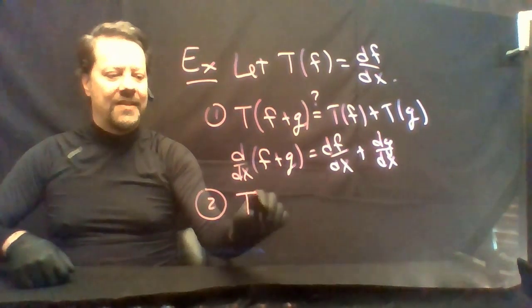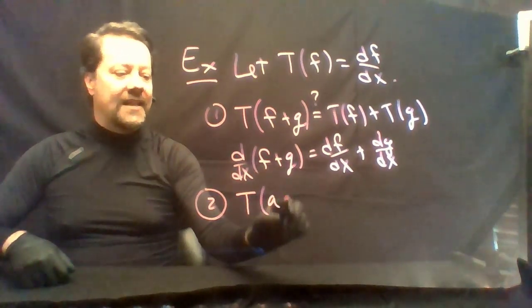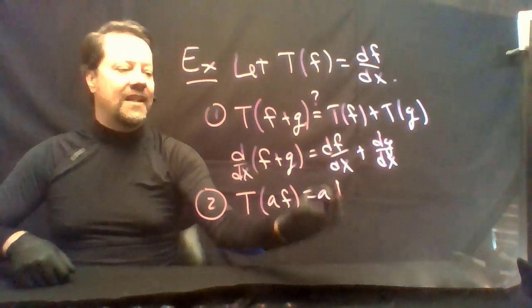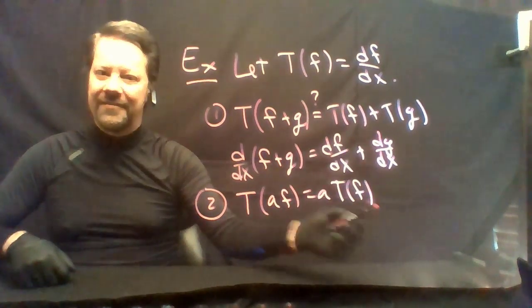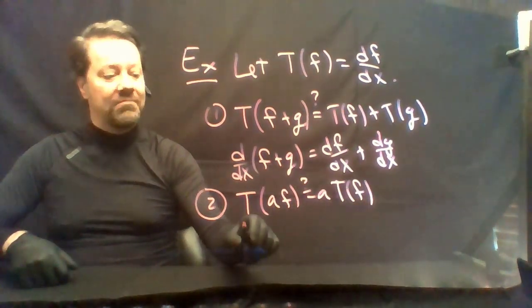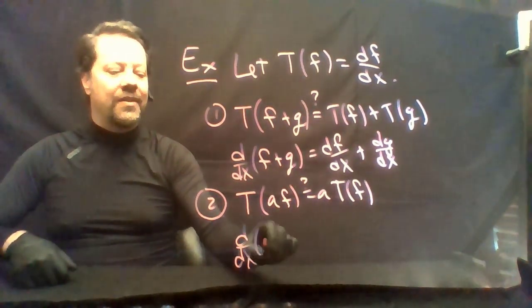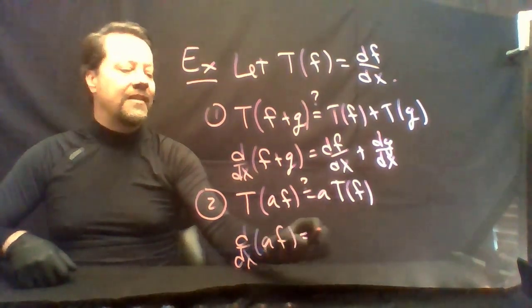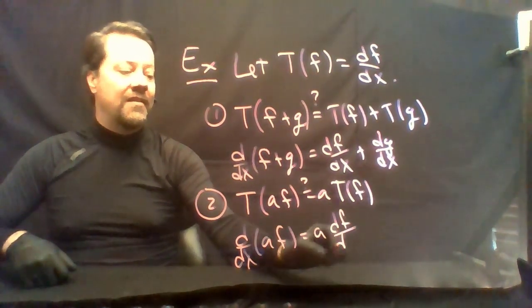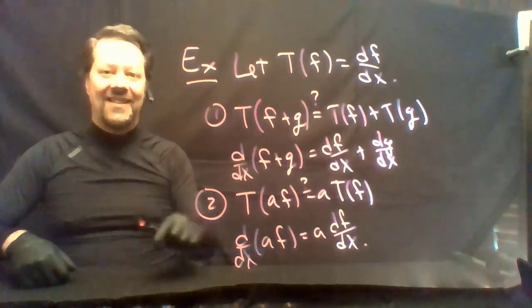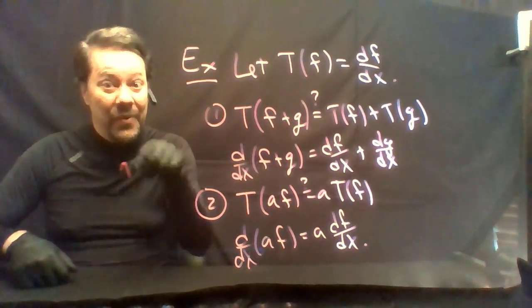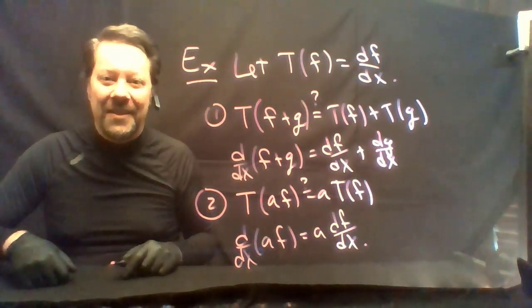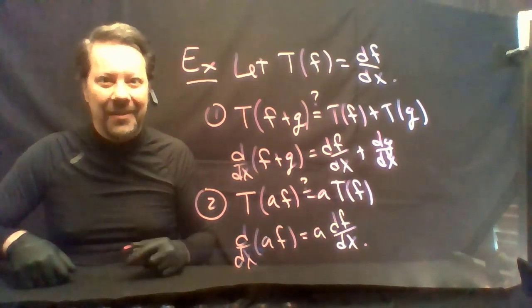Is it true that T of a times f equals a times T of f? Well, isn't it true that the derivative of a constant times f is a constant times the derivative of f? You can see that the derivative is a linear transformation, and we are very serious about the derivative. For another example,